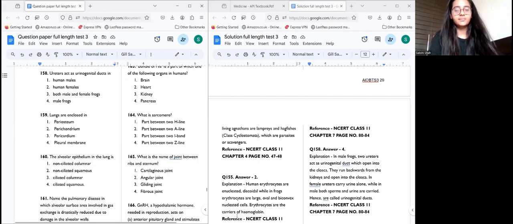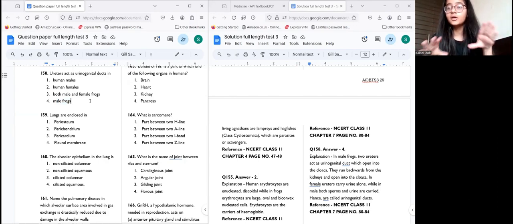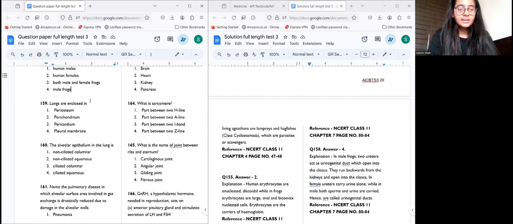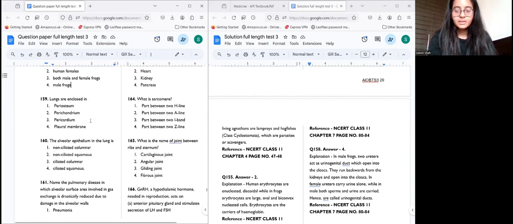Next question, question number 158. Ureters act as urinogenital ducts in what? The answer is male frogs. So in male frogs, both the ureters act as urinogenital ducts and they both open into the cloaca. So ureters act as urinogenital ducts and open into the cloaca. Next, only in male frogs. And what is urinogenital ducts? Which means that urine as well as